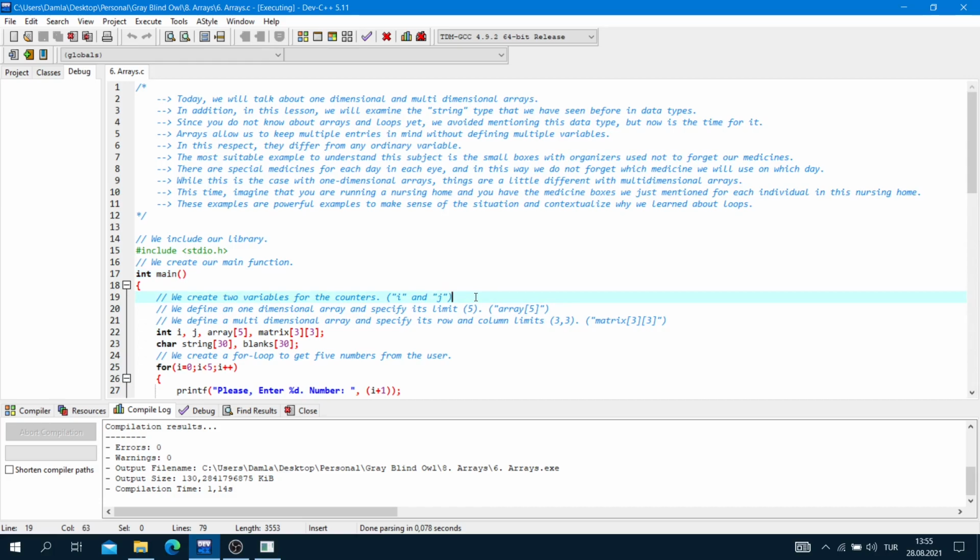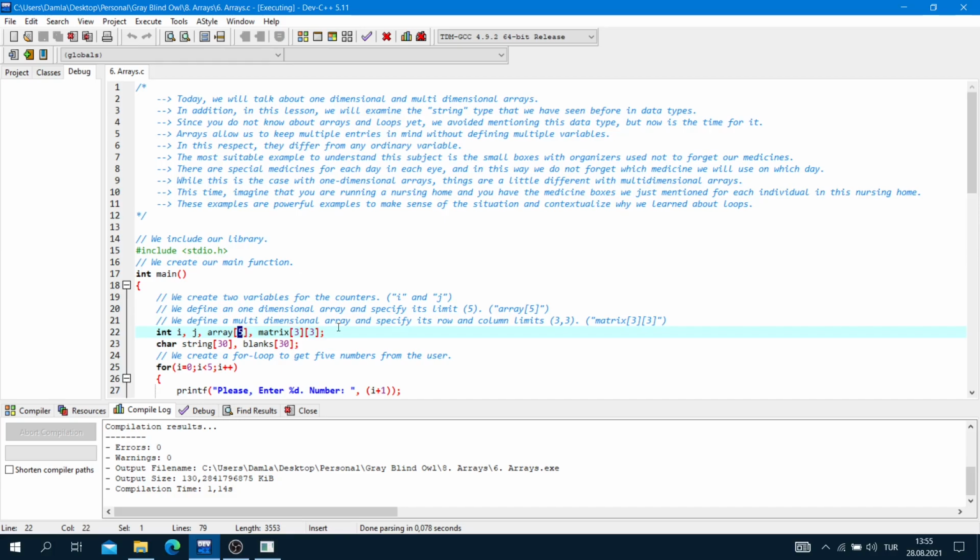We create two variables for the counters, i and j, integer i and j. We define a one-dimensional array and specify its limit as 5. Array, square brackets, and 5.